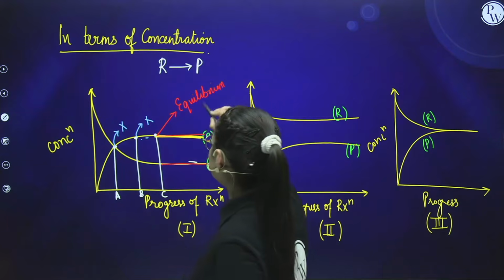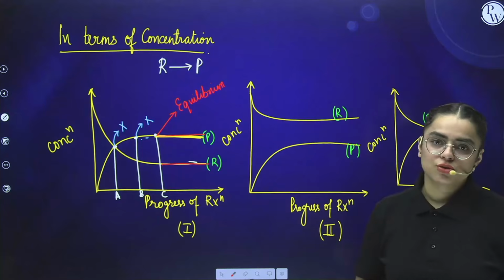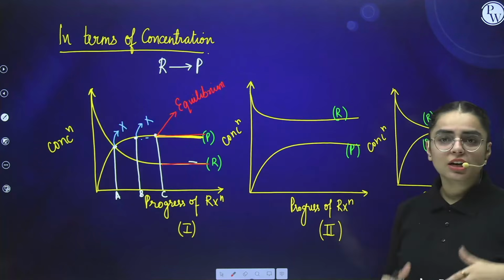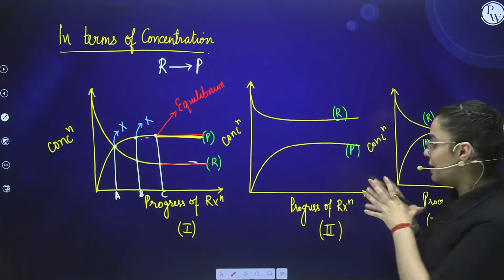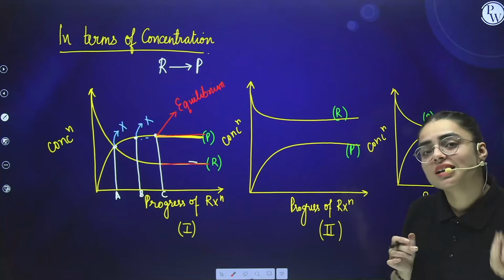Okay. So with the help of the definition, students, you can analyze the graphical section also. Is it easy? Okay. Now moving towards the second part over here. If I talk about the second part, here I am again marking some of the points. I want you all to find out where the equilibrium state is.